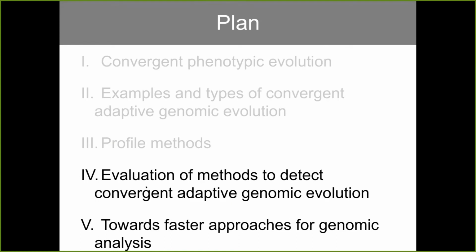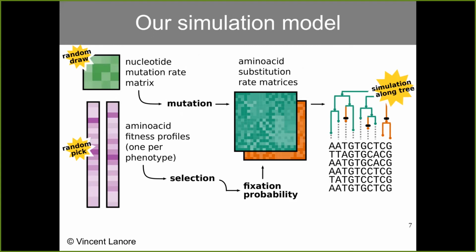So we spent some time trying to evaluate those methods, and to evaluate those methods, we relied on simulations. It's always difficult to design simulations to evaluate methods, especially when you develop methods yourself, because you have to try to find a way to evaluate the method that does not obviously favor your method. So you don't want to cheat, right? It's too easy to develop a simulation that just fits your method of choice.